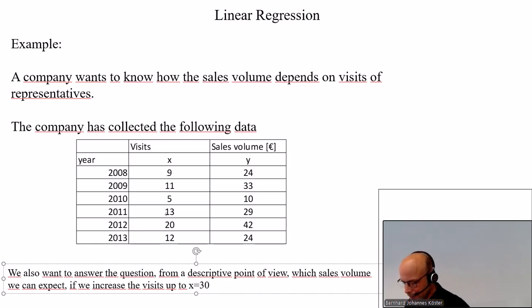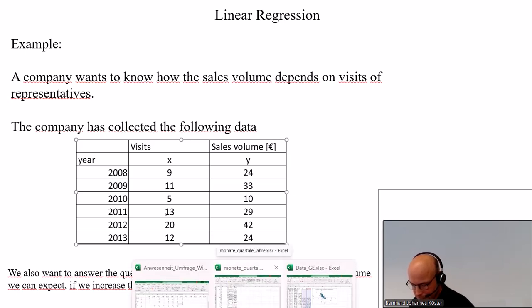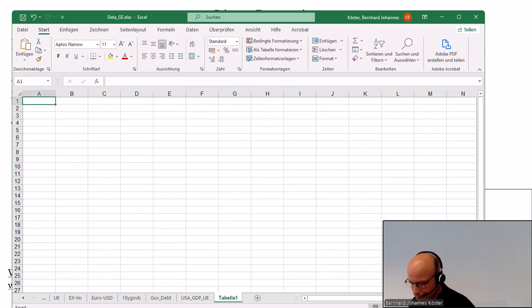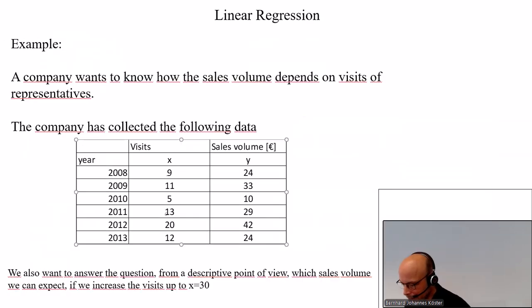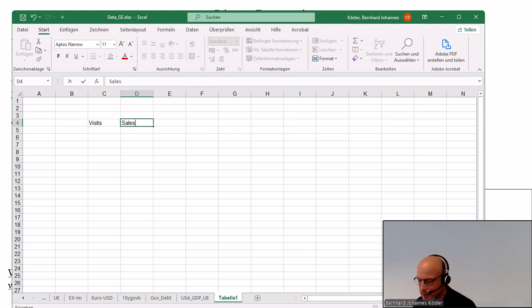Well, and for this, let's also look at this data, and a first good choice would be always just to have a look, how does it look like in a diagram. But now I cannot copy it anyway. Let's do it like this. Visits and sales